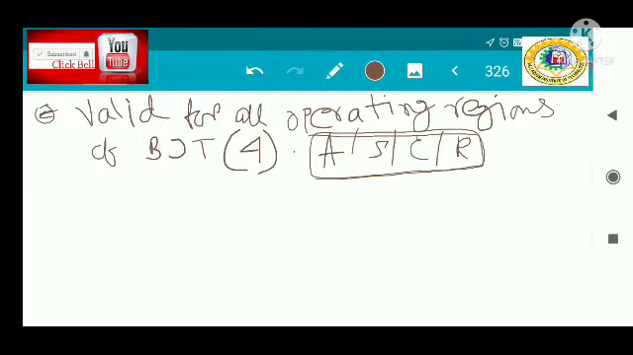But there are some drawbacks also. That's why we are not using this model in our transistor whenever we want to analyze the transistor with the help of the model. Okay, now